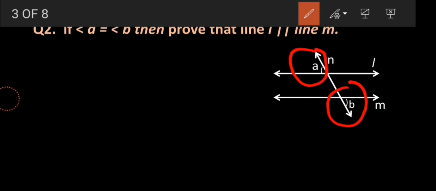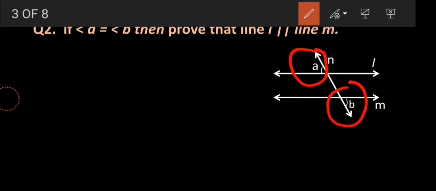Now, as I know, I'm given with the alternate angle. Doesn't matter interior or exterior, but they are alternate angle. And I'm going to utilize alternate angle test to decide whether line L and M are parallel or not, right? So if I'm able to prove A and B are congruent, only then I can say line L and M are parallel to each other. This is what the test says.